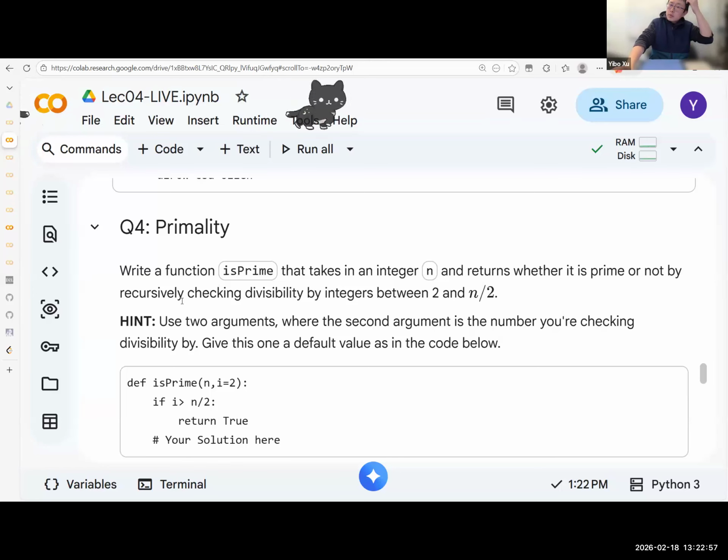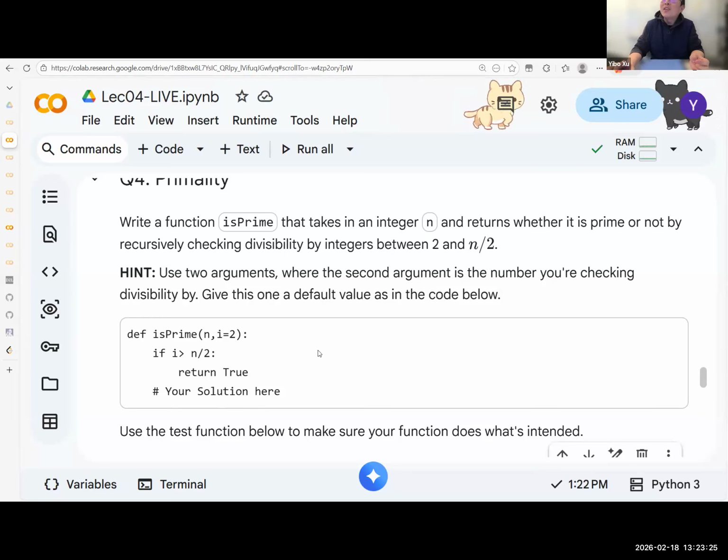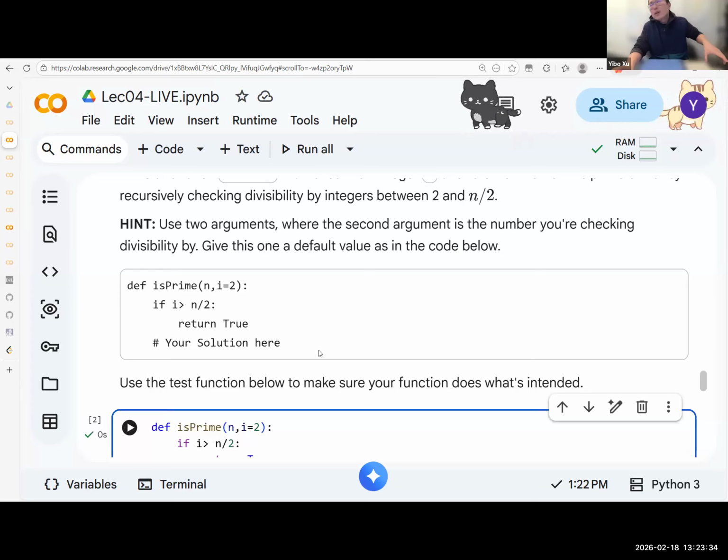Oh, basically we talk about recursion, right? So for the Fibonacci sequence, Fn relies on Fn minus one and Fn minus two. So that's self-referencing. That's the recursion that we were talking about. But here I was thinking for primes, maybe that's not a straightforward way to think about it. I was thinking about making a recursion, but I hit a wall. But yeah, well, if you have any idea that may work,